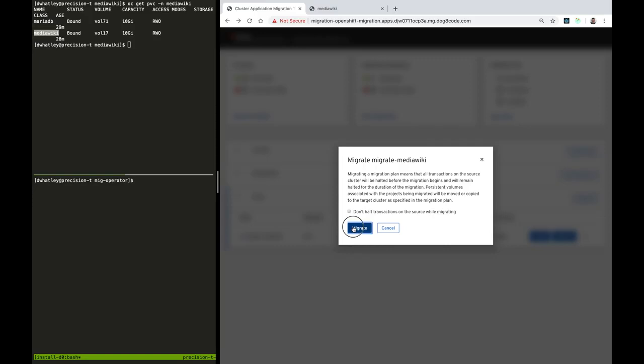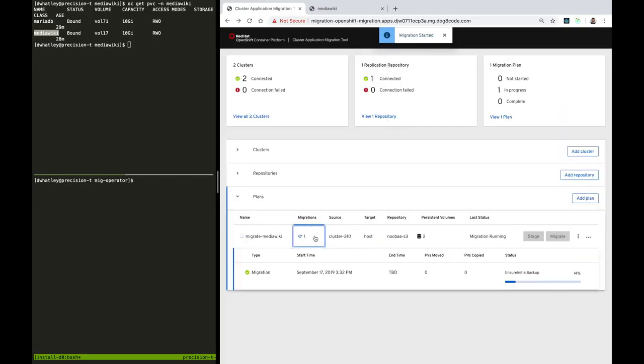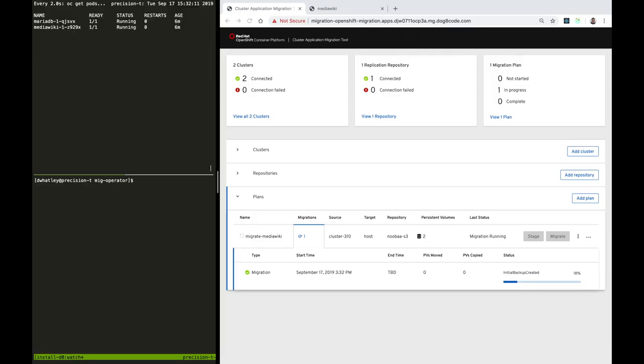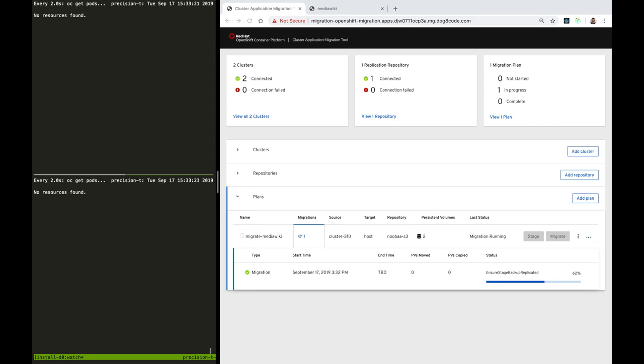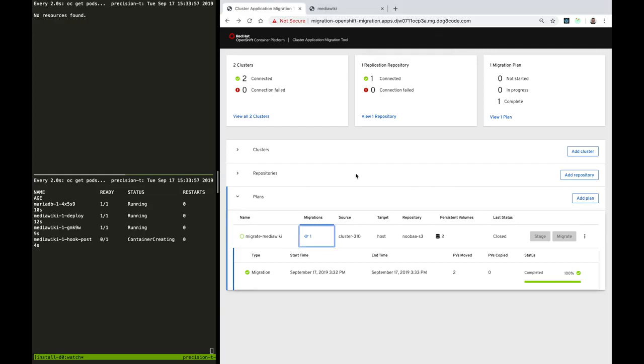We can click the Migrate button and confirm that action from the web UI, and the process of moving this application over to our destination cluster and shutting it down on the source cluster will begin. So if we just watch the pods that are running on each of the two clusters for a few moments here, we can see that the pods on the top cluster will start to terminate, and the web UI will reflect the progress there. When we go to the bottom tmux pane, after the restore starts, we'll actually see those